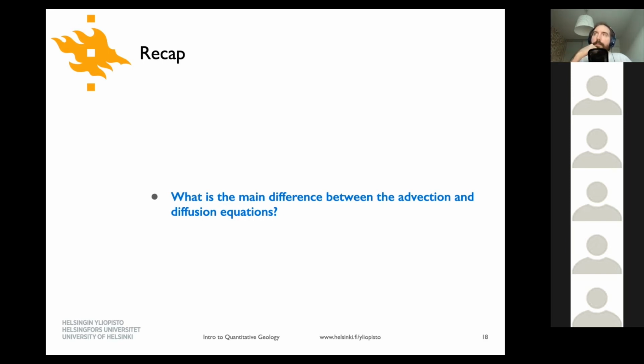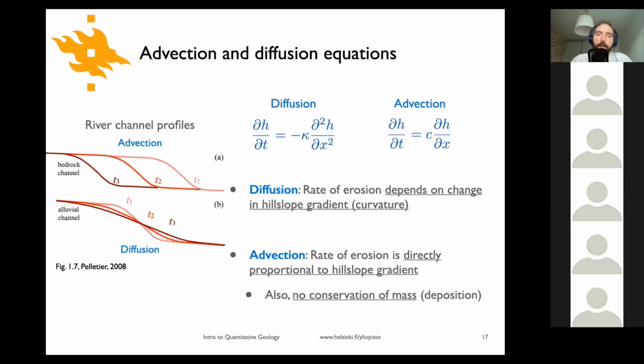Well, one has the double derivative and the other one... diffusion has a double derivative and advection only has one. Yeah. So that's one of the things that we saw here when we look at the difference between diffusion and advection. So we've got second derivatives with respect to whether it's temperature, concentration, or elevation, whatever the situation is. For the diffusion equation, we have a curvature dependence instead of a gradient dependence, which is what we have in advection. There's one other thing on this slide that's an important